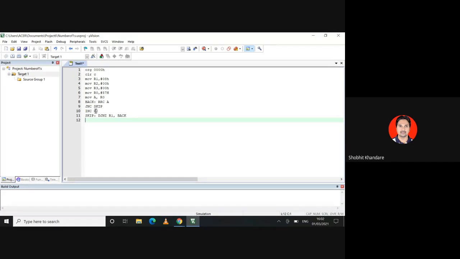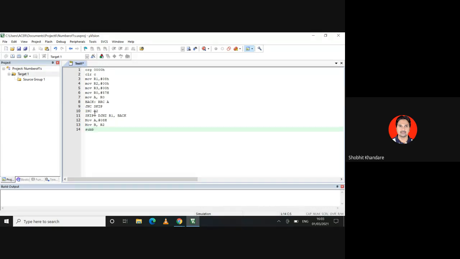R2 में जो भी वैल्यू रहेगी, that many number of ones you have, but आपका aim क्या था, to find number of ones and zeros। तो अब मैंने जैसे बताया था 8 minus that number will give you the number of zeros। So for that write down the instruction as move। अब ये सब एक्यूमुलेटर के थ्रू ही होता है। सो मूव, मैं A में मूव करूंगा 08H, ओके, बाद में फिर मैं क्या करूंगा, जो R2 है वो B में मूव करूंगा, MOV B, R2, ओके,